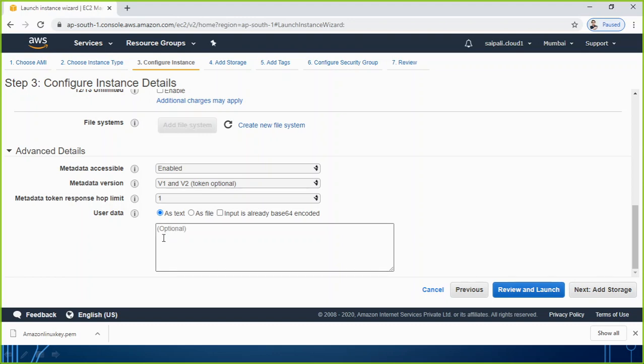What commands do I need to type? Let me show you exactly what we have to type here. This is a script, so I recommend you kindly follow exactly the same way I type. If you make any mistake, such as putting in a space or something, it is possible to get an error while launching this instance. So here I am typing hash, exclamation, a slash bin slash bash. First of all, bash.